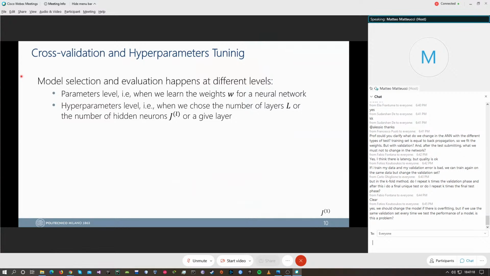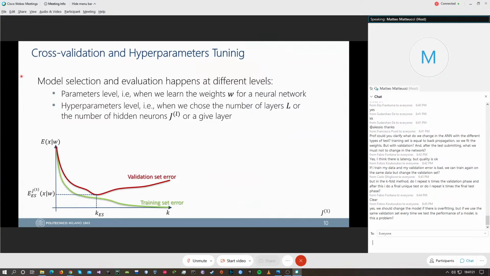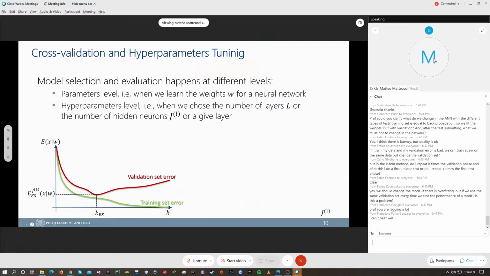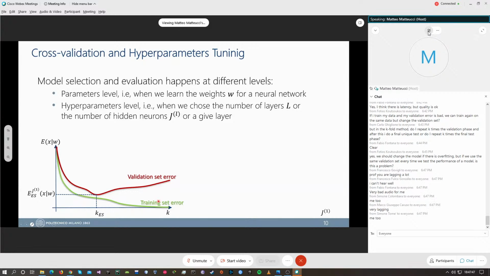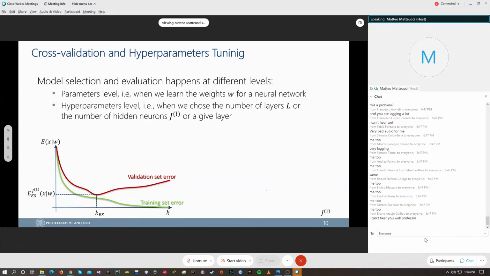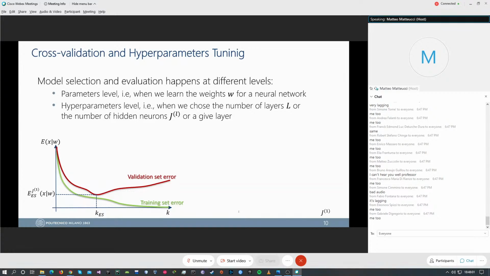At the hyperparameter level, for instance, is where we choose the number of layers. When I say parameter level, it is backpropagation: the parameters are the weights, and you are adapting them going down. The hyperparameter level is, for instance,